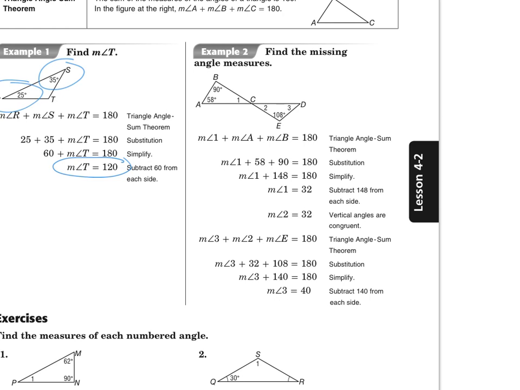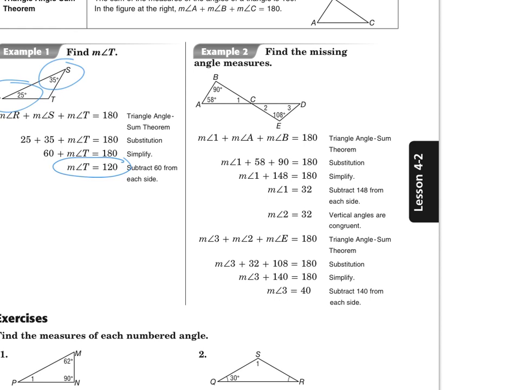For example 2, it says find the missing angle measures. This time we have two triangles that are connected at a vertex. I'm going to start with triangle ABC because I already know two interior angles, and I'm going to find angle